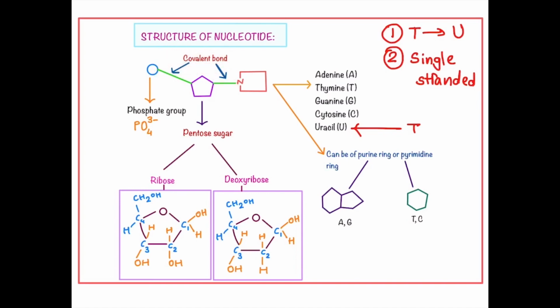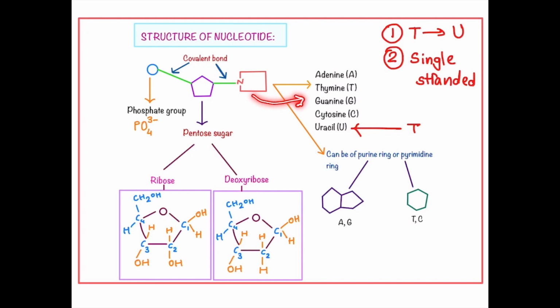Okay, in some schools they refer to the covalent bond as a phosphodiester bond. So it's up to you. You can remember it as a covalent bond, and you can remember it as a phosphodiester bond also. Clear? Okay, so within a nucleotide, all of these three elements are joined together by forming covalent bonds. Now we have covered the phosphate group that makes our DNA molecule negatively charged. We have covered the nitrogenous bases, that we have four different kinds of nitrogenous bases: A, T, C,